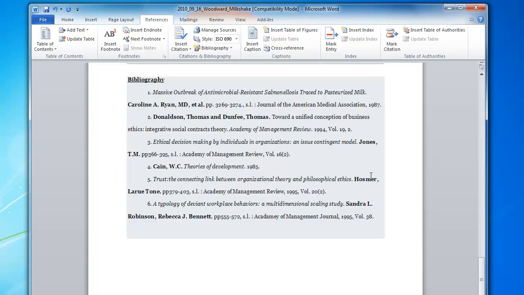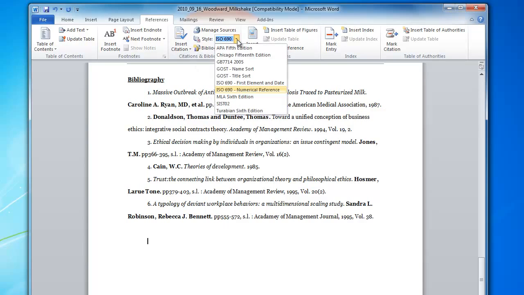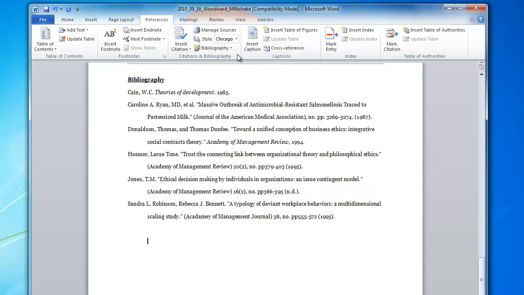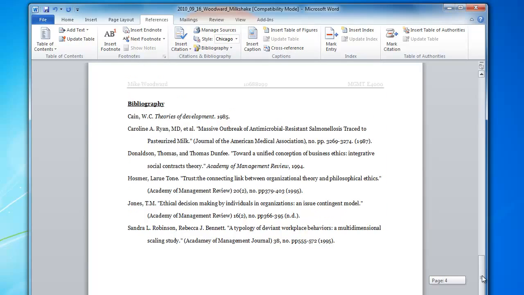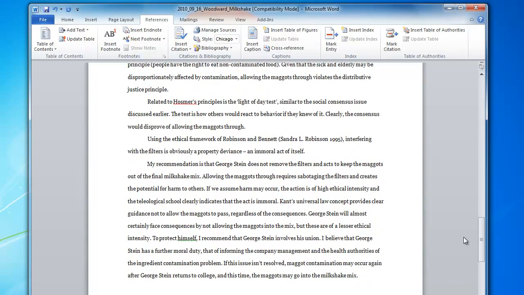Okay, well that's great, but what if we've been told that we can't use numeric references? What if we've been told to use the Chicago or MLA styles? Well, let's go to the Style button. Let's say that we've been told to use the Chicago style. Let's click on that. And as if by magic, it's updated everything here in the bibliography to use the Chicago style. And if we look in the text of the document, we can see here it's updated the references themselves. So what Word has done is automatically change all of the references and the bibliography to use the correct